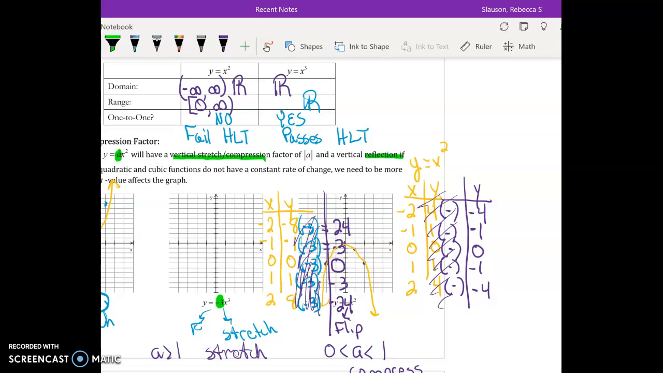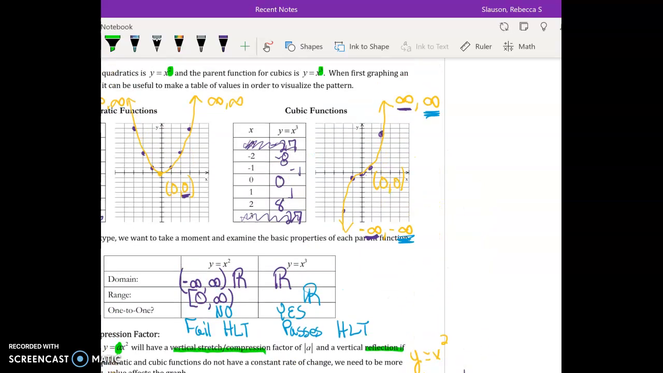All right, so the 2's with the 24's are not going to fit. So instead, I'm going to go to negative 1, 3, 0, 0, and then 1 will have negative 3. And this shape, if you go back to this shape, notice